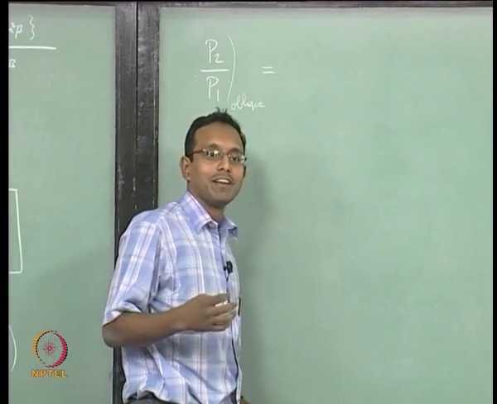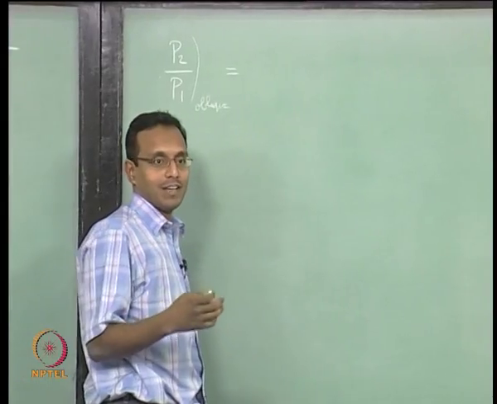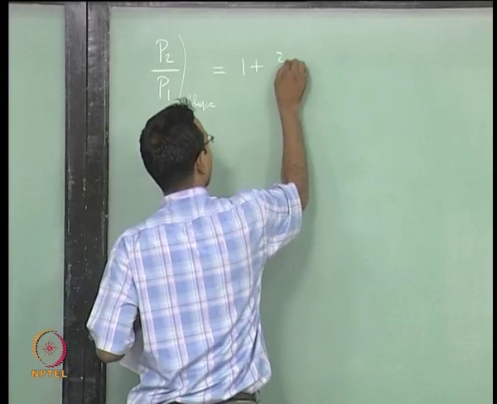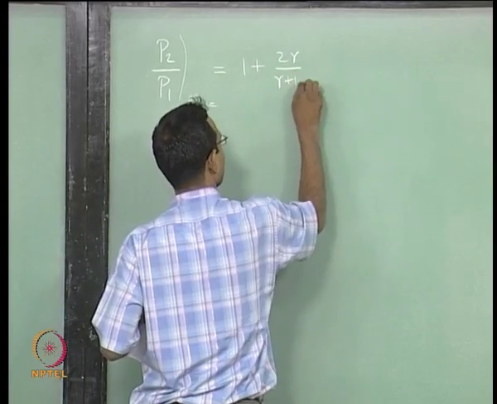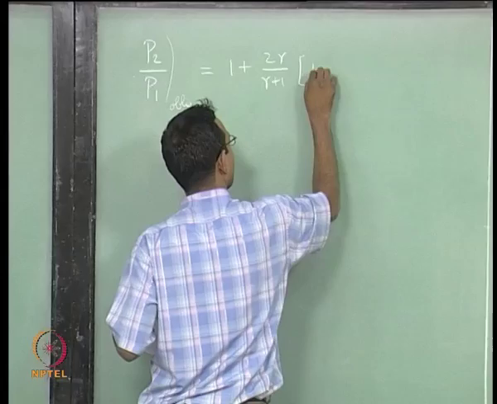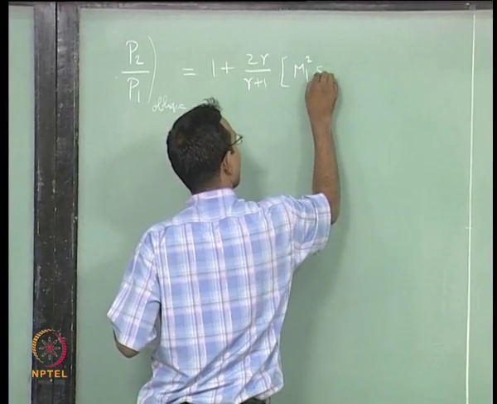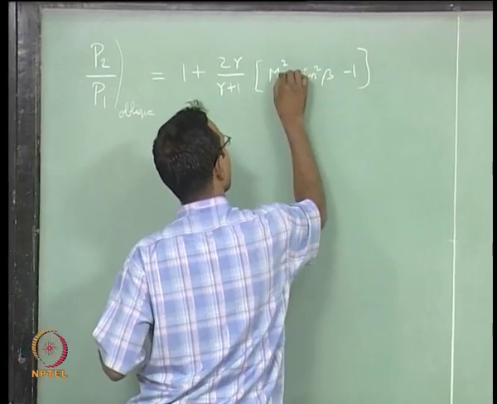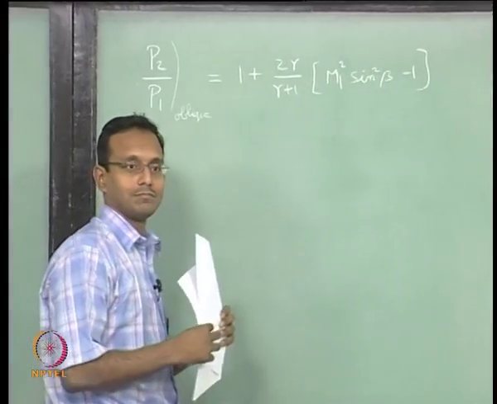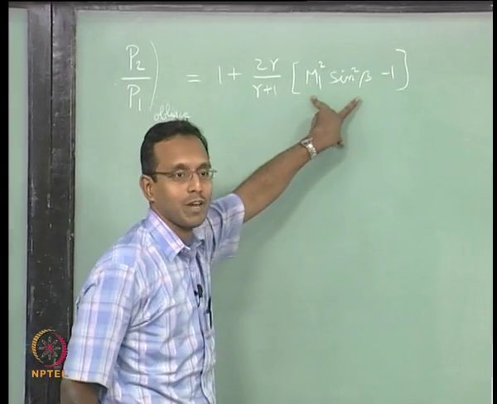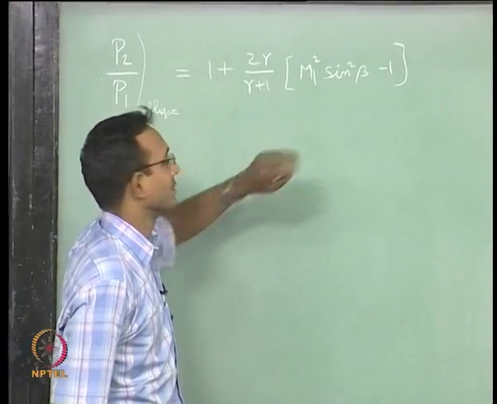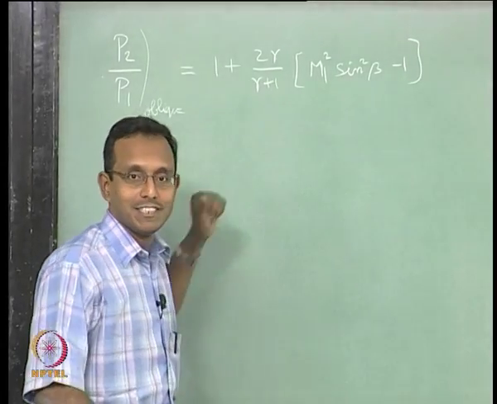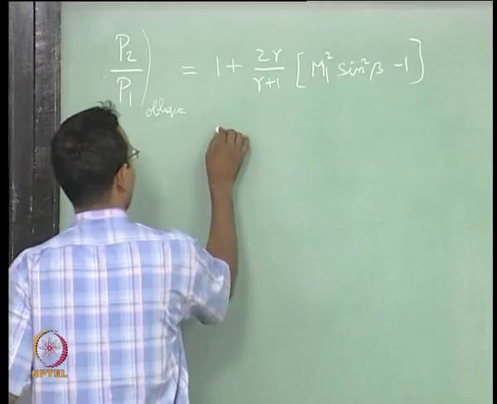Of course, it is going to be written in terms of m1 normal. I will write m1 normal equal to m1 sin beta. We already have this kind of expression written before, so I will just write it directly. Here it will be... I will get this. It used to be m square minus 1, it just comes out to be this. Okay. So, now I will go look at that and say, if my beta is less than